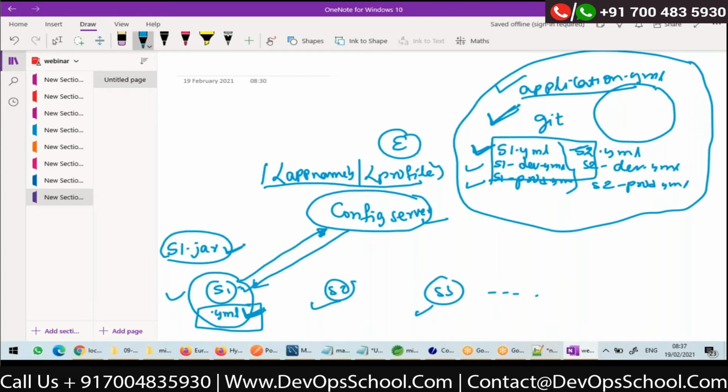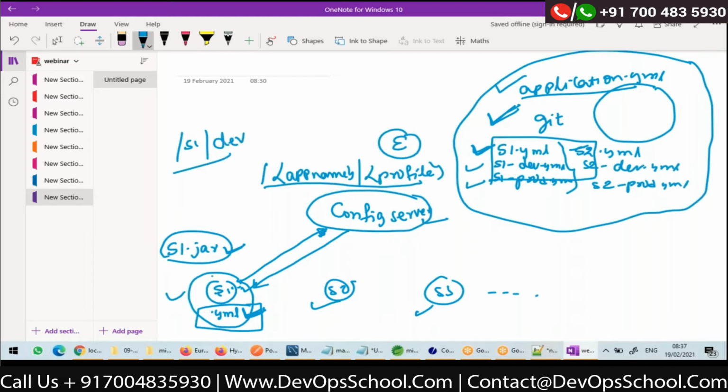And using that configuration, I want all the beans to be created. Now, how can S1 get its configuration during the startup? It has to somehow make a request to /S1, what is the app name for S1? Suppose I'm starting S1 in dev mode, the development profile, dev.